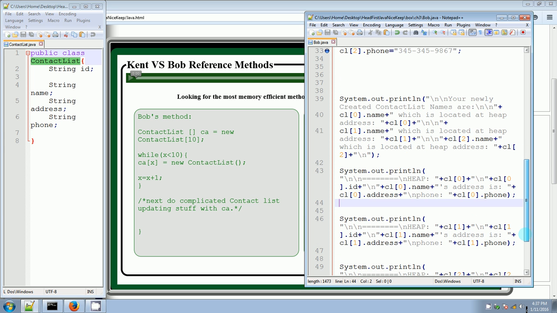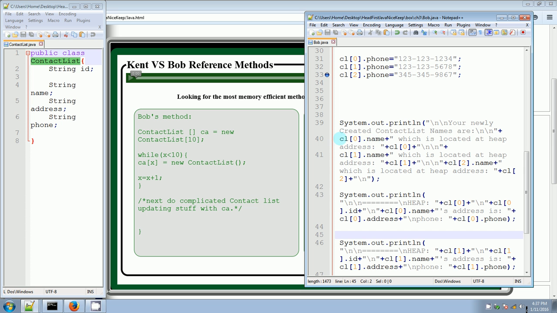What memory address is it attached to? So I did that one to there, and then I said CL1.name, which is located at heap address CL1, plus